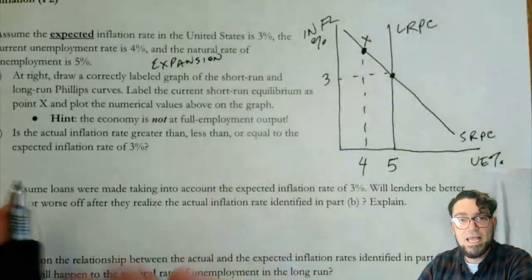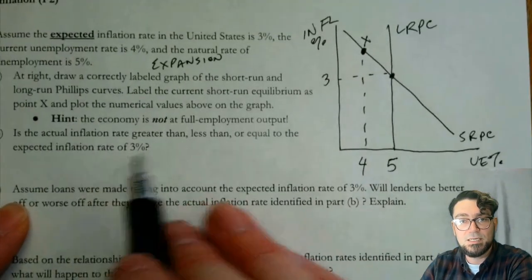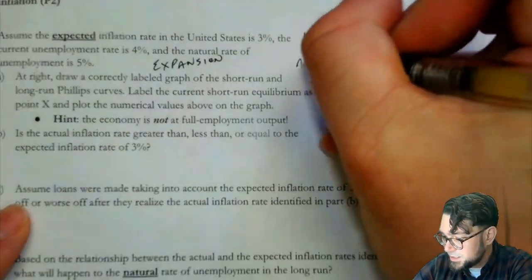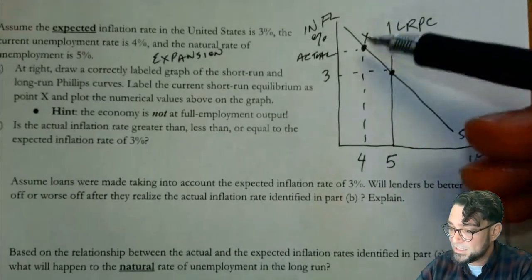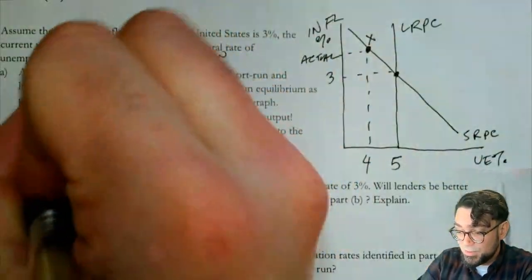Then the next question says, is the actual inflation rate greater than, less than, or equal to the expected inflation rate? Well, the actual inflation rate is right here. We can go back to our lecture notes and see that, but the actual inflation rate is above 3. So we would say greater